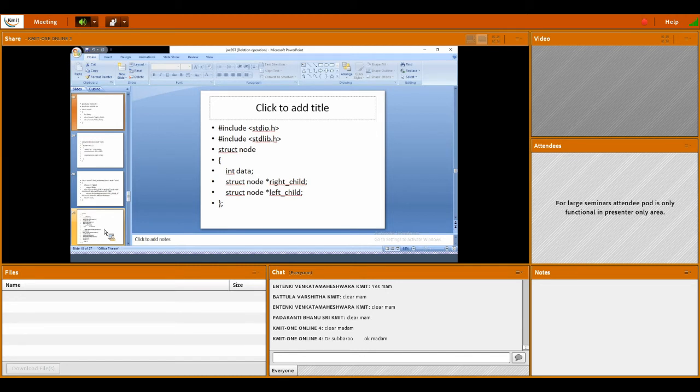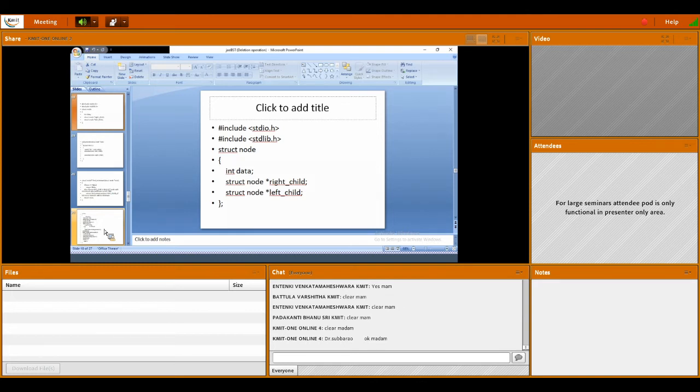It is a doubly linked list. Okay, it is a doubly linked list we have, with a data part, and the left part denotes the left subtree, and right child means right subtree. So it will store the address of the right node in the right child part. It will store the address of the left child in the left child part, and the middle part is the data part. I already discussed these things, maybe all are not present for that class.